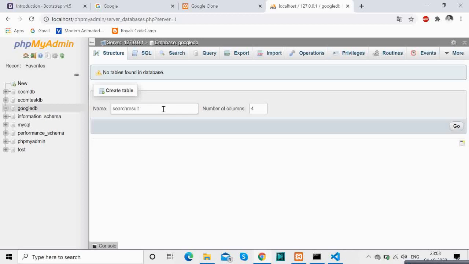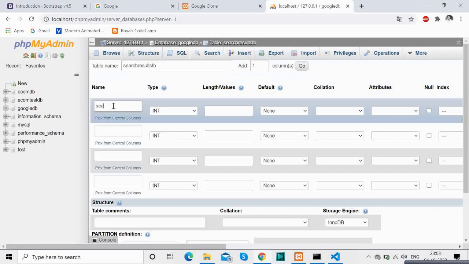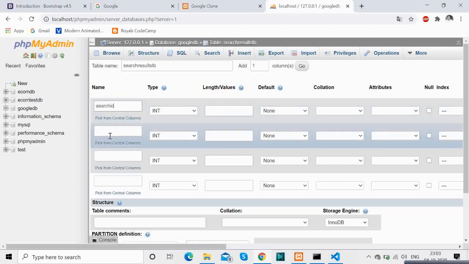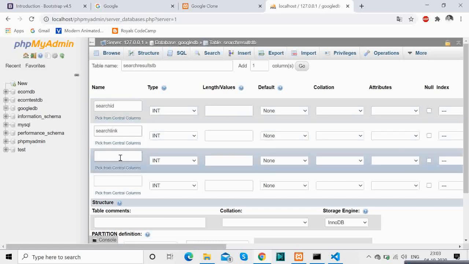First of all we'll have a search ID. It's always good to have an ID, because you never know when you will be looking through the data if we build further. The ID is like a primary key, so in case you join or do anything, it will be handy. We won't be requiring that now, but still we will be having it there. Then we have the search link, the search title, and the search description. That's all for now.